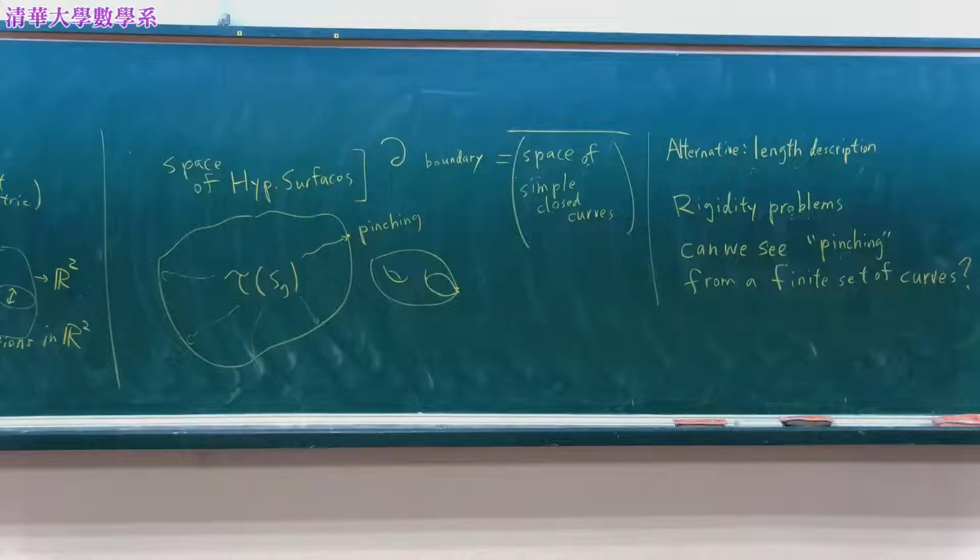But if you change your storyline, you say, I have a surface, I'm going to put a metric on it, that's a flat metric, and we try to measure the length of curves on the flat metric. We try to say, well, this thing has length 1, this thing has length 2, maybe this thing over here has some length. Everything has a length. If I measure the length of every curve, it should give us some information. And the surprising fact is that we don't get as much information as we need, and if we extend this a little bit